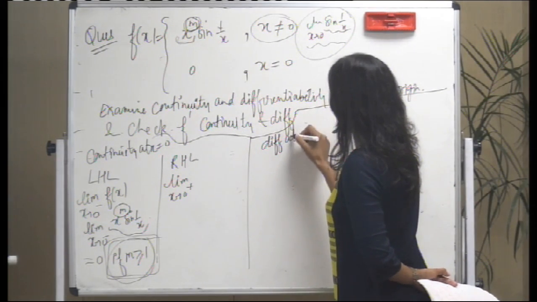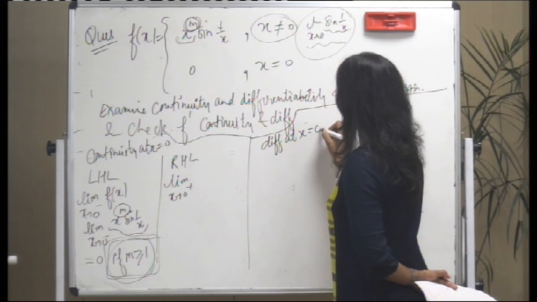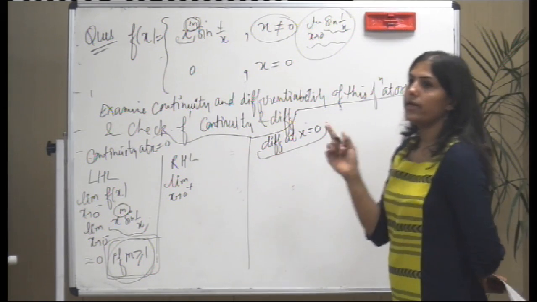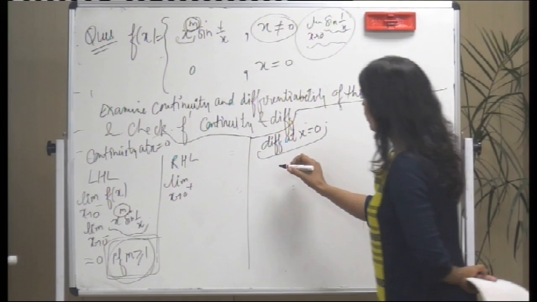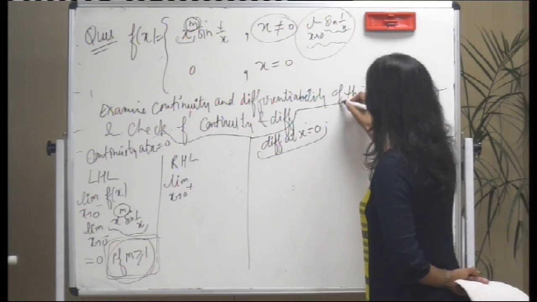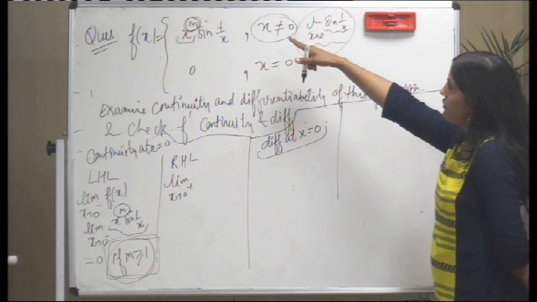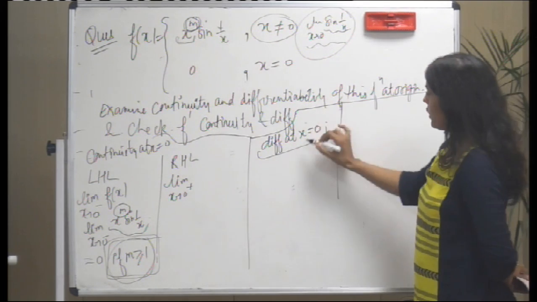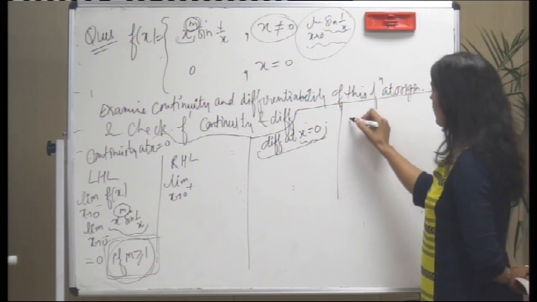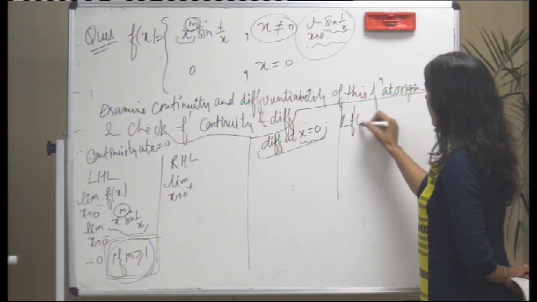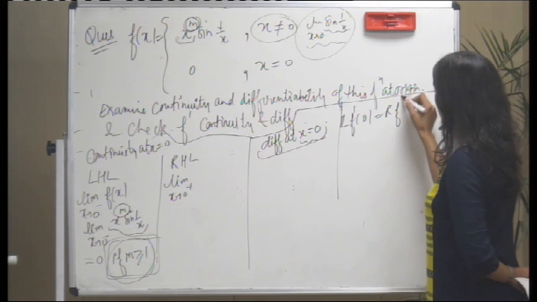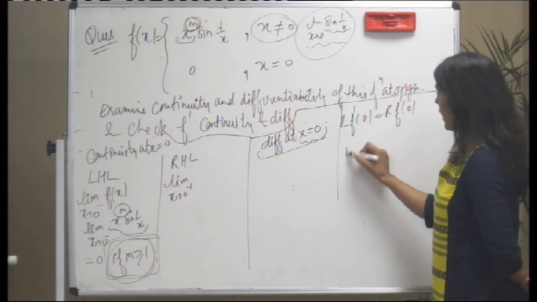Differentiability at x equal to 0. Differentiability directly, I will not do, or directly you can also do it. Directly I do it. Directly means, what will the derivative be at this point? The left hand derivative and right hand derivative both will be equal, and the value will be